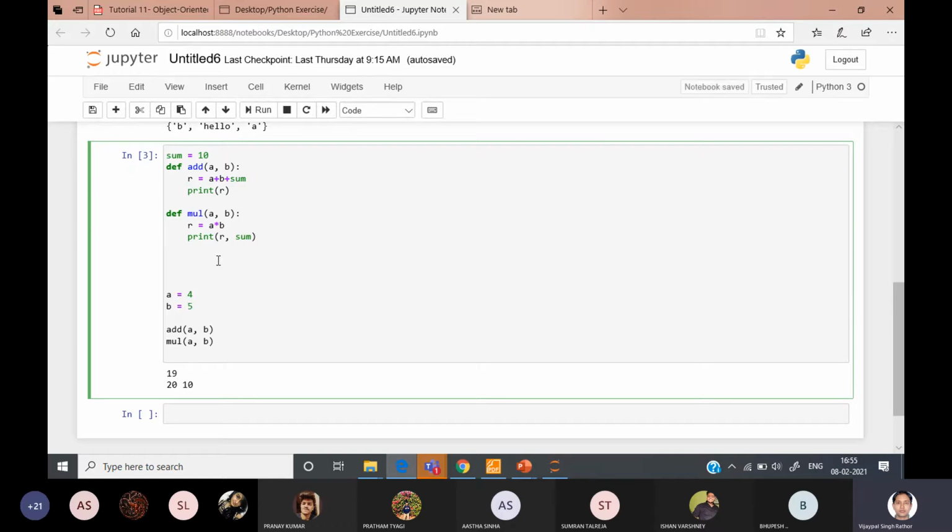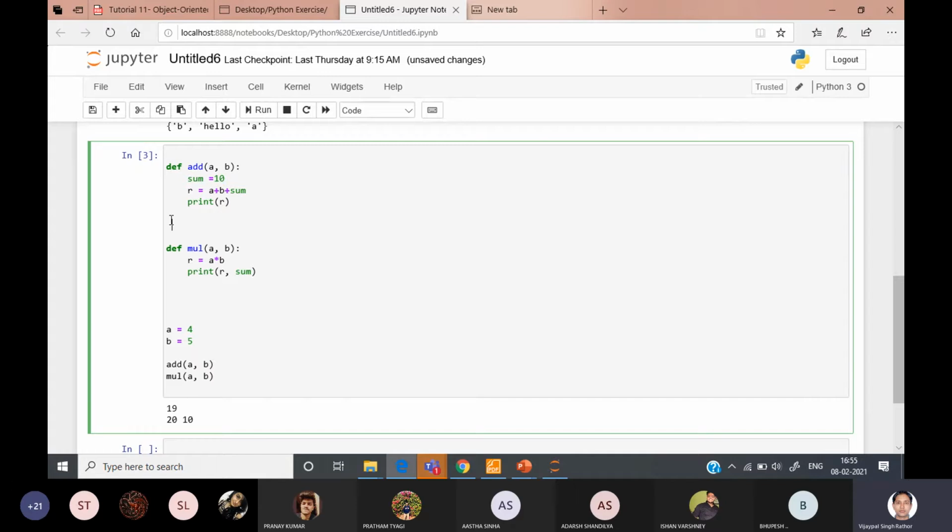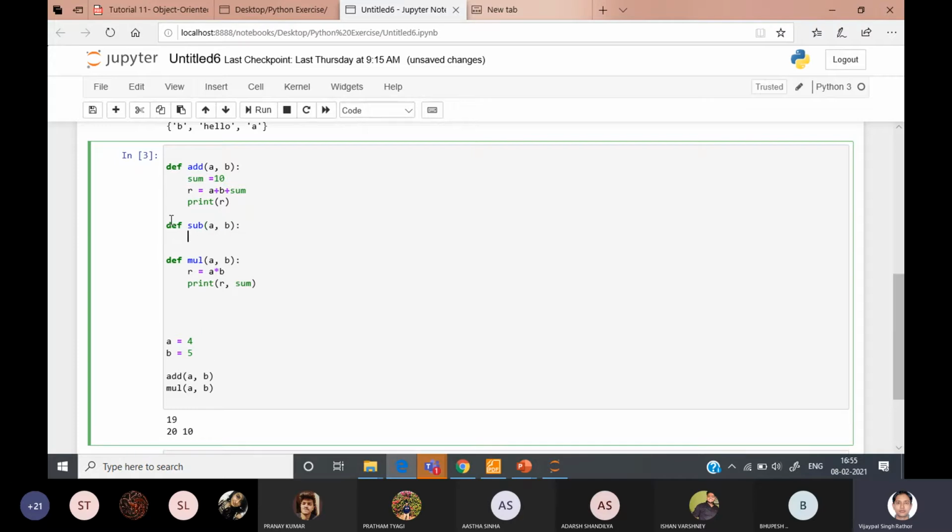Some variable will be accessed by sir some other, we will define sum locally, but okay, that we can do really. Then I have another question: sum you can do, but I have one query, that if I want to write another function, division or a subtraction, def sub, that performs subtraction on two numbers a and b. Inside this subtraction, I want to access this sum variable. Then how can you perform it?